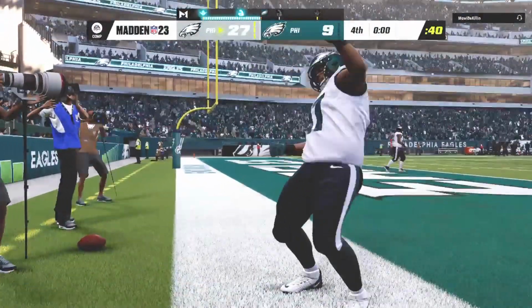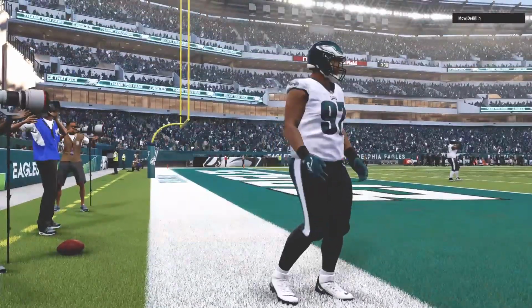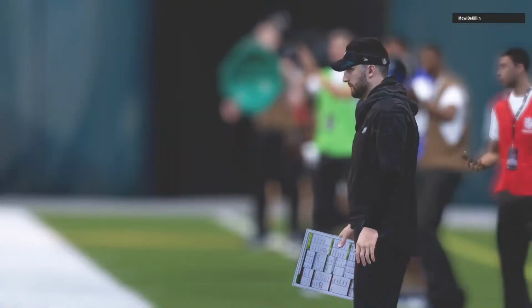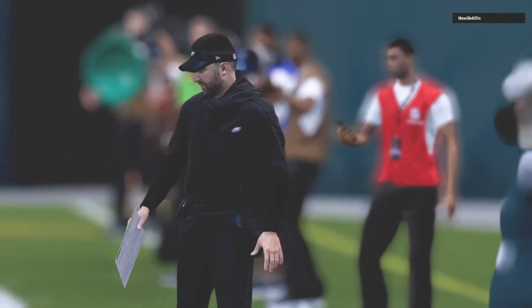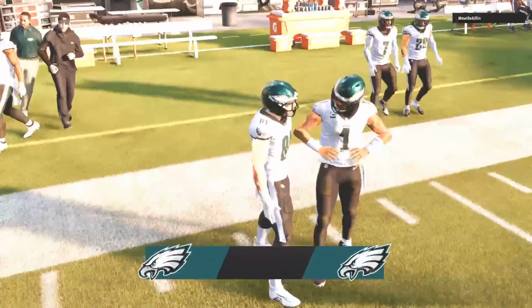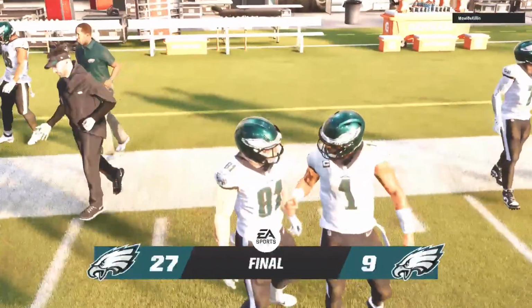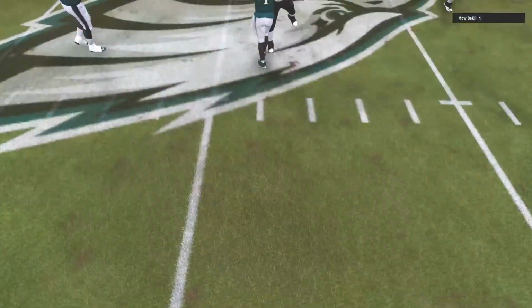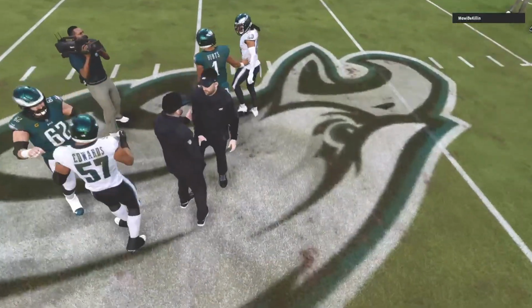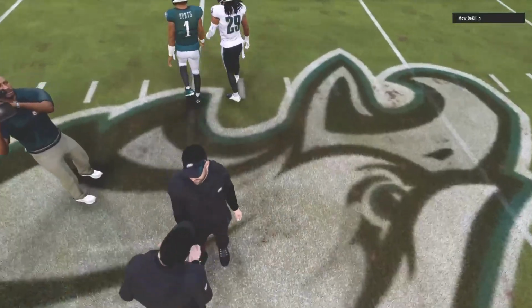The offense, they've had some sloppy moments. Sloppy there again on that one, and it could be the backbreaker. From a defensive perspective, if the offense is going to be sloppy, you've got to take advantage of that. And that's what they've done all game long. So it's a victory here for the Philadelphia Eagles. Well, Charles, I mean, when you look at the stat sheet, ultimately one thing sticks out like a sore thumb. One side lost this game because they turned the ball over 4 times, and that